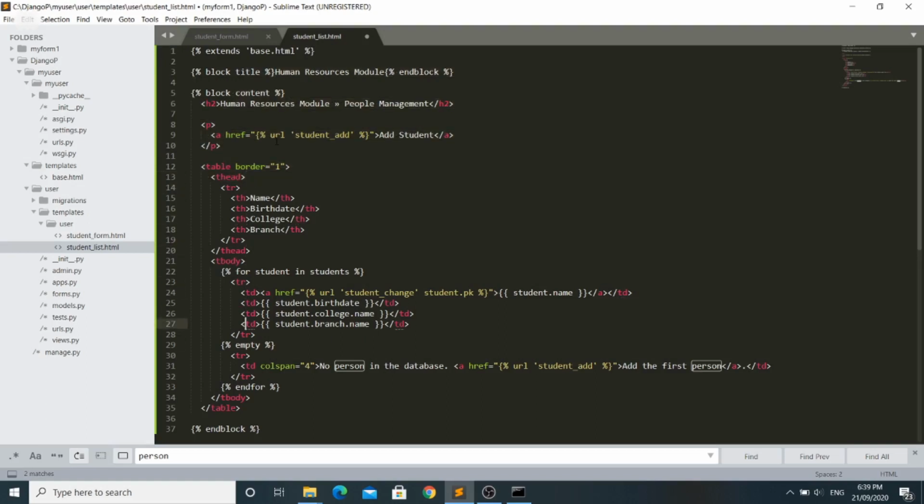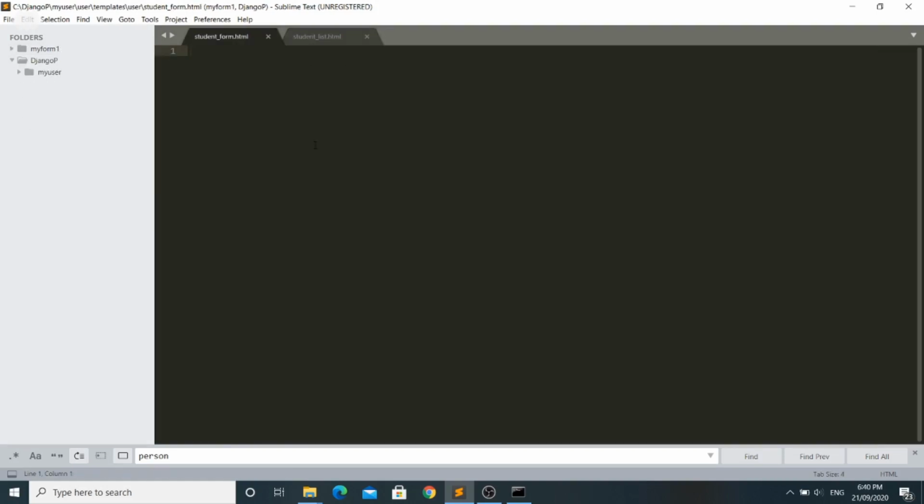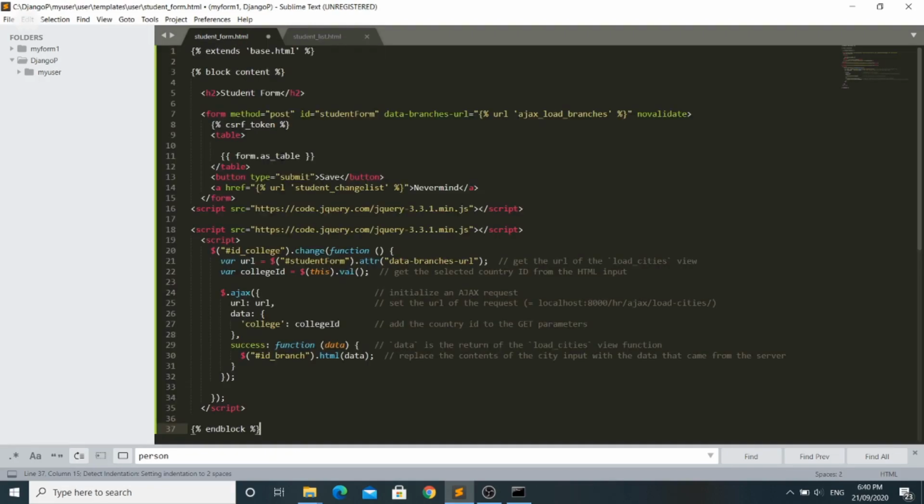I have created a table which will display the list of students and their name, college name, and branch. That's it for this template. Then let's create another template for the student form. In that form, I have created some.